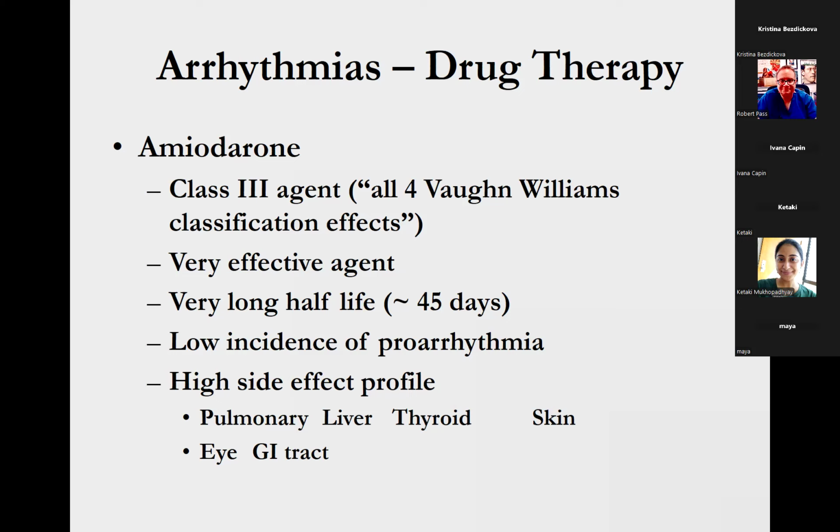It can have impact on the eye. Mostly it just causes corneal microdeposits, which do not typically affect vision, but rarely it can cause retinal disease as well. And so officially and by standard, you should really have an eye exam by an ophthalmologist when this agent is started. But because the eye complications are so uncommon, practically, we don't often get an eye visit any longer.